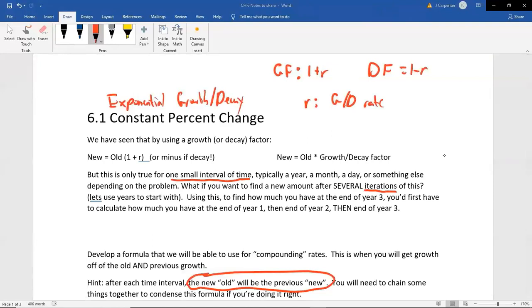And in other words, when you find your balance at the end of year one, say it's $10,200, that's your starting balance for year two. And